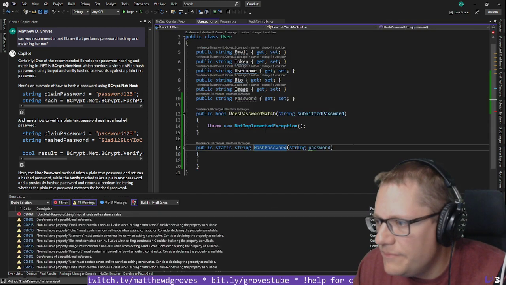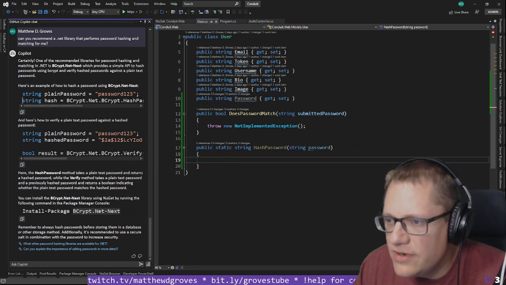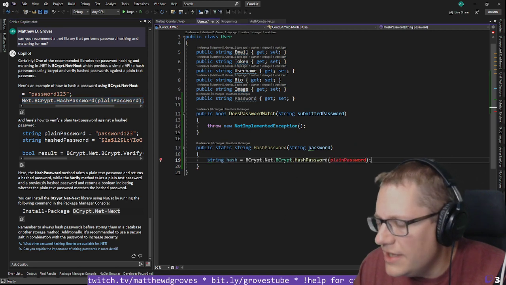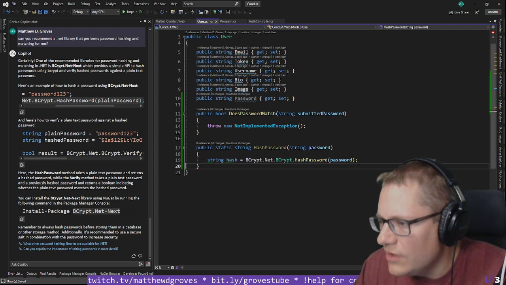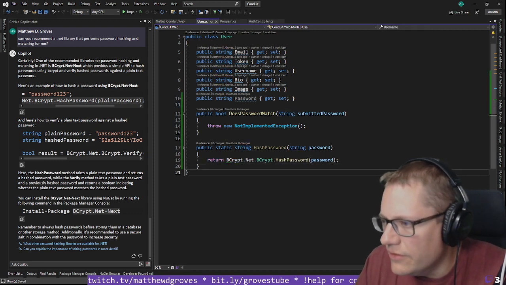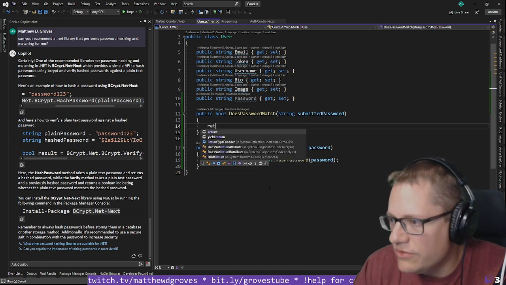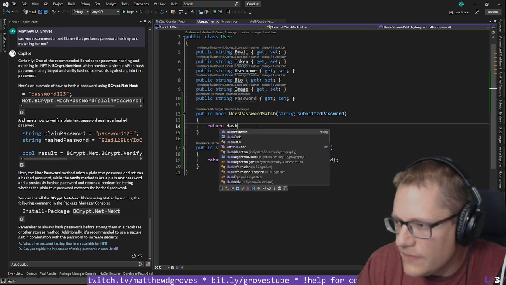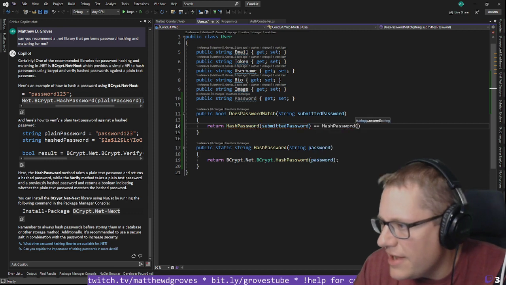Okay, so to hash that password, there's the hash, and the plain password is like so. What I need to do is just return, right? Okay, and then I can just say return hash password of submitted password equals hash password of